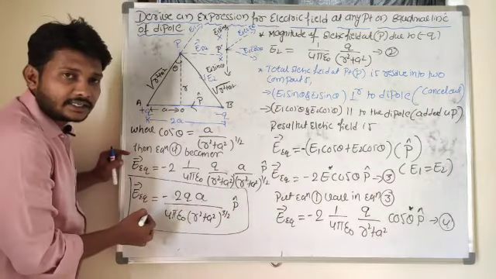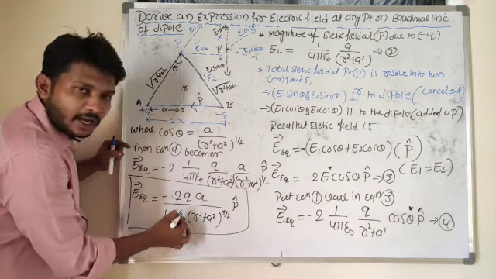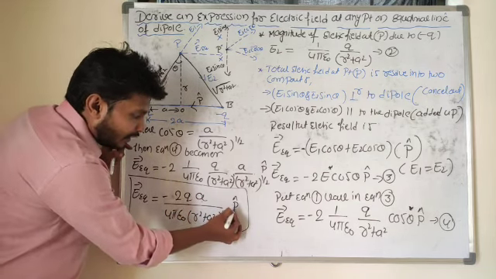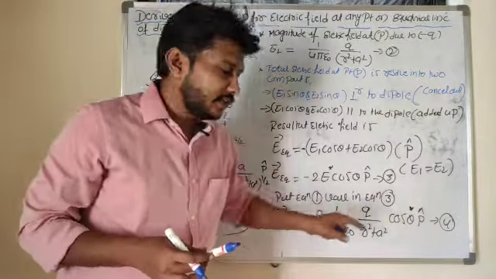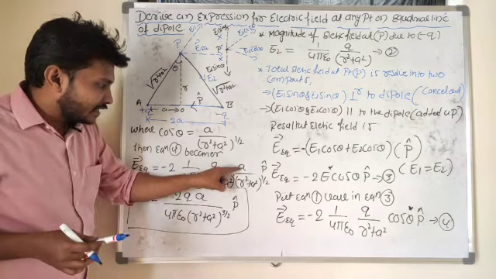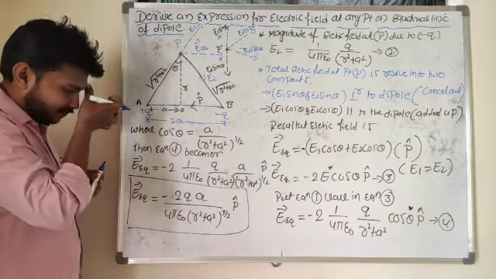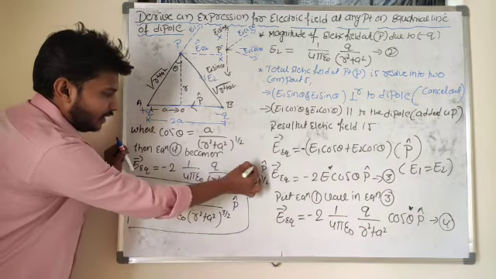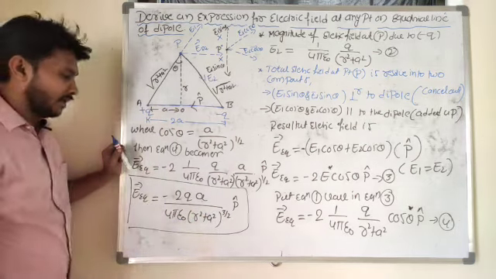What is the equation for electric field at equatorial line? Minus 2 times q into a divided by 4 pi epsilon naught (r square plus a square) whole to the power of 3 by 2 into p cap. Hope you understand, wherever cos theta is there, you may take it as a divided by (r square plus a square) whole to the power of 1 by 2. So look here, minus 2q into a over 4 pi epsilon naught (r square plus a square) whole to the power of 3 by 2.